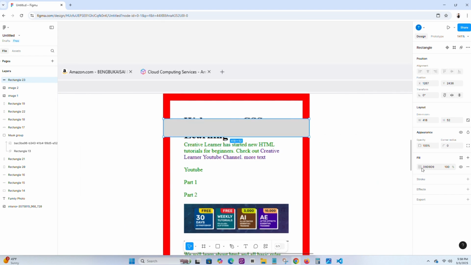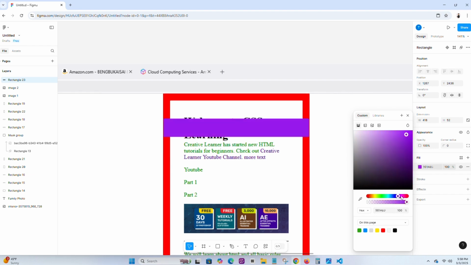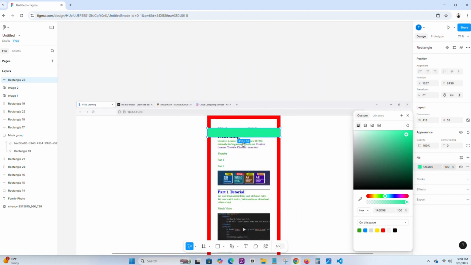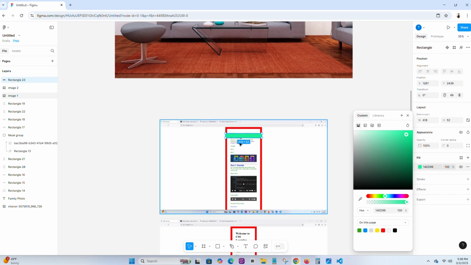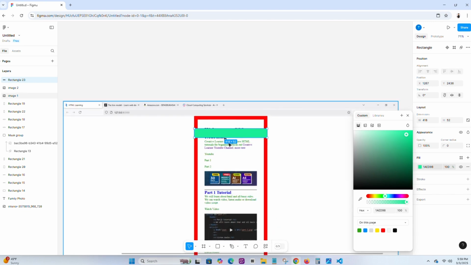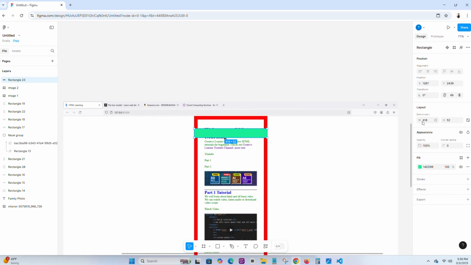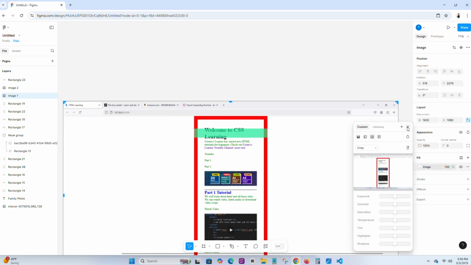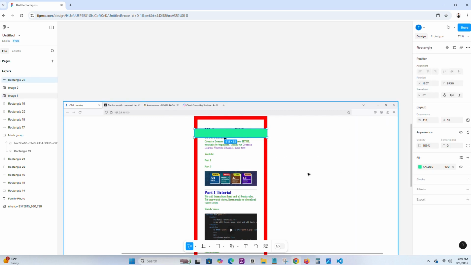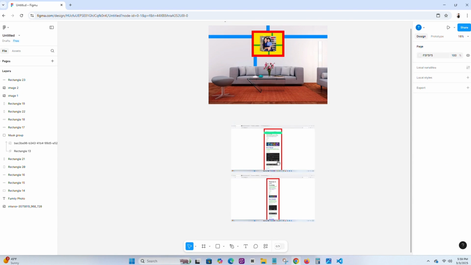What if we change the color a little bit so that we can see it? So that will be the size of the content box. You can see that one will be 418. So if you go to the layout here, you can see that will be 418. It's not 300 pixels. If you remember, we set it to 300 pixels, but let's test it out